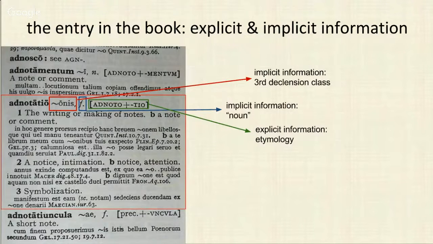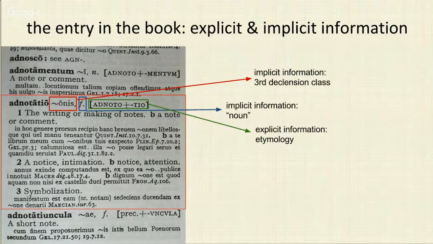Now, what we have to do is try to find out what is explicitly stated in our head word and what is not explicitly stated, but implicit. The word adnotatio is clear, and this is the basic form. What follows afterwards is the declaration of the genitive. In the declaration of the genitive, we also have implicit information that this noun belongs to the third declension